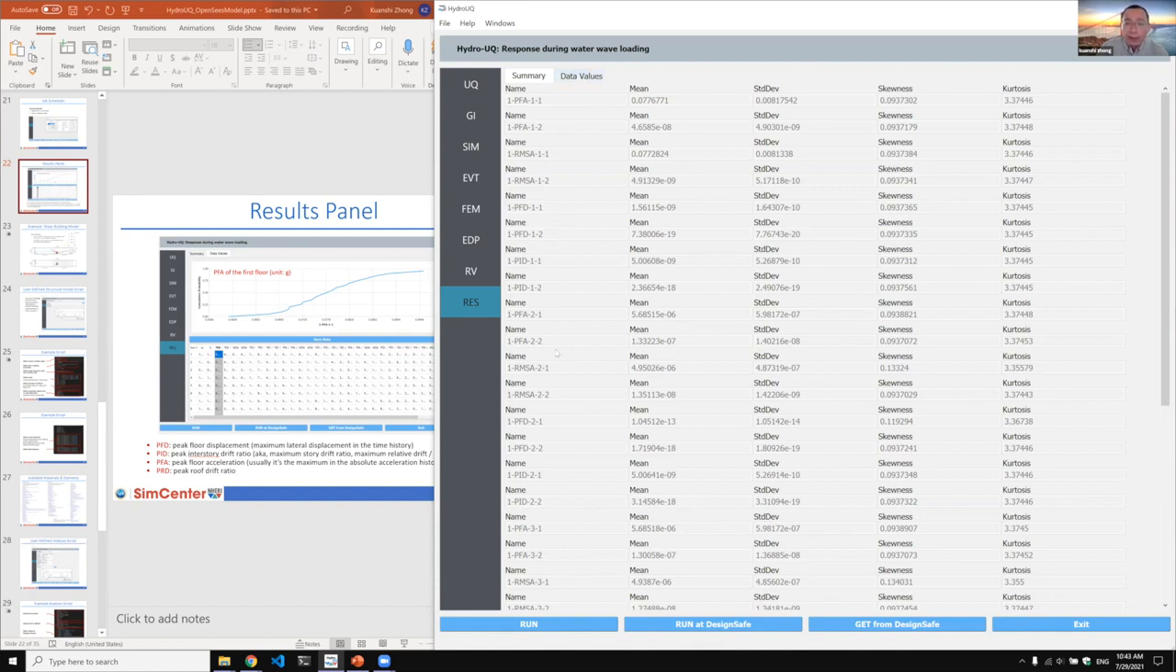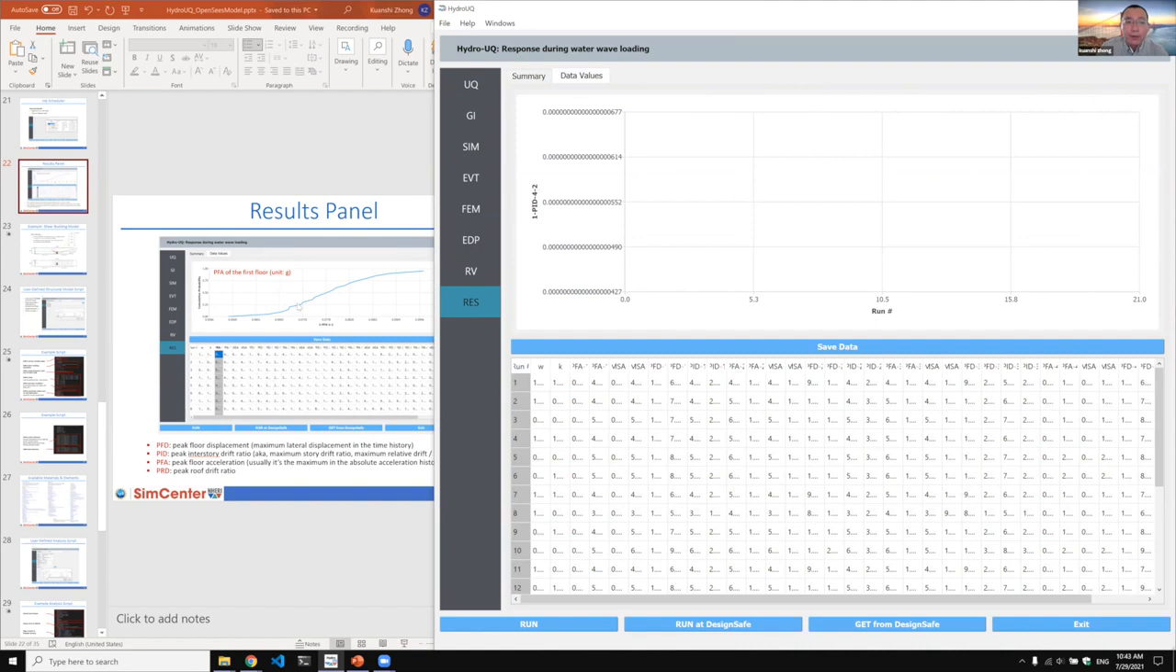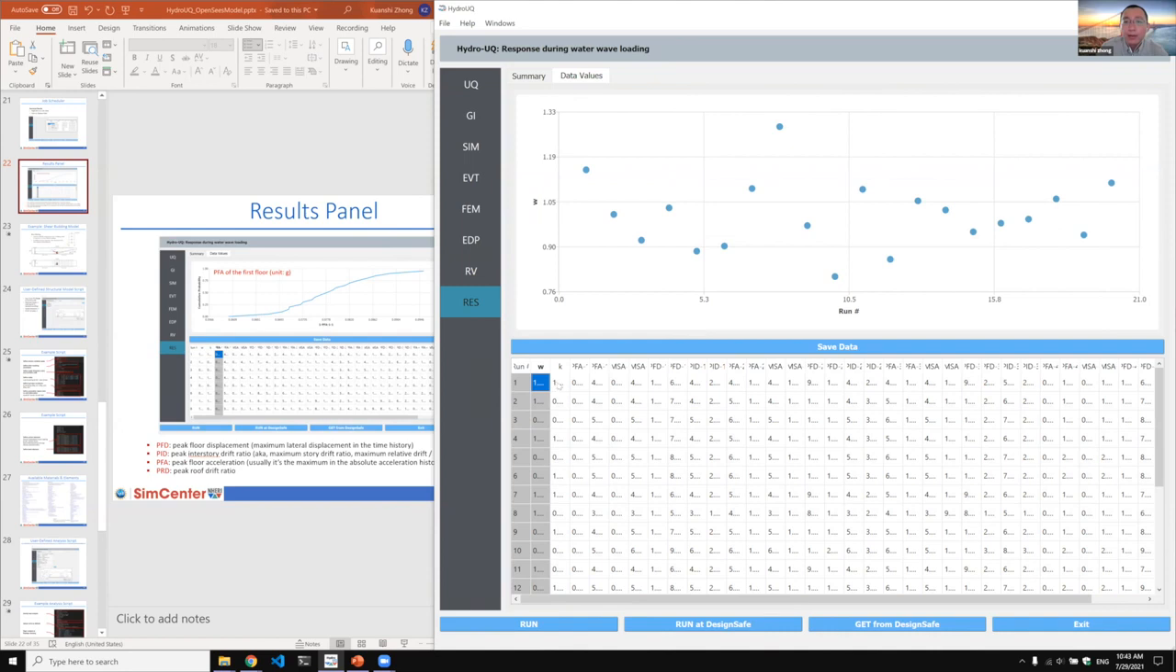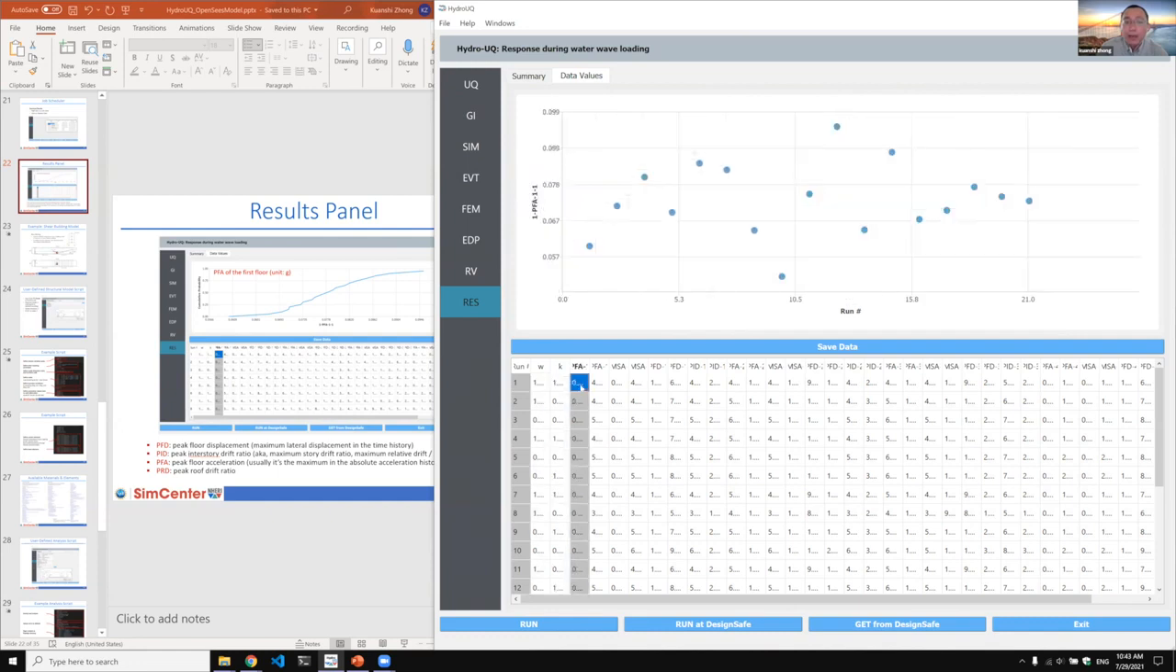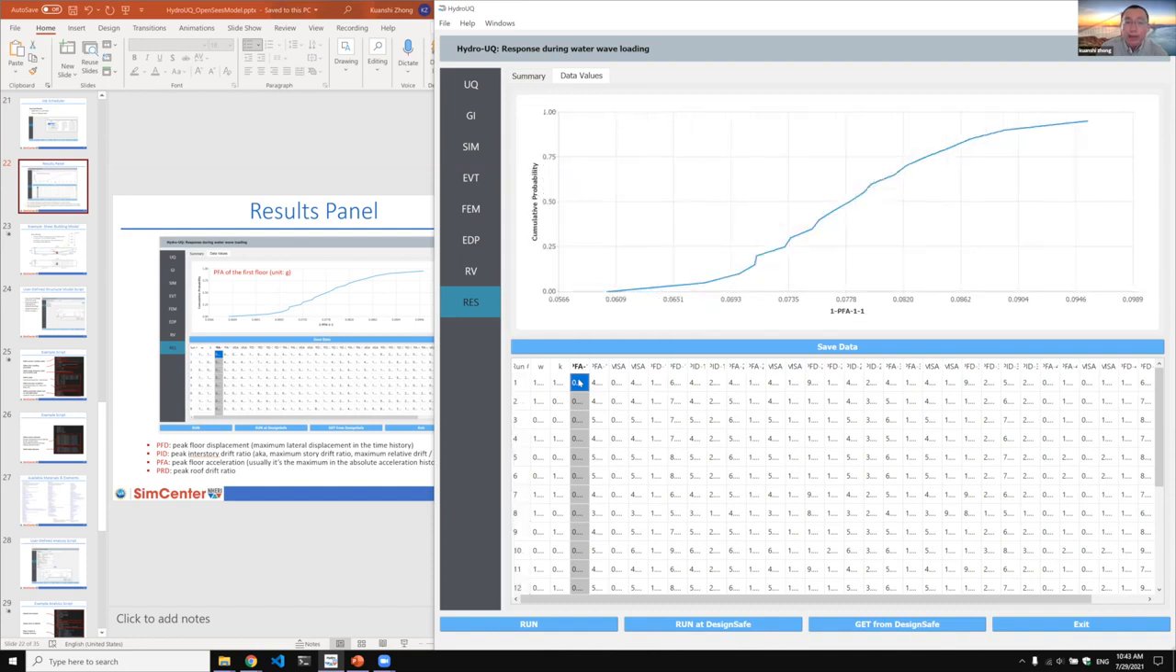And another tab here, aside from the summary table, is the data values, which is the previous page that I showed in the results in the slide. And then you can plot the input parameters as random variables we defined for the floor mass W and K, the story stiffness, and also click through the columns to get the response plot for each individual run. On each column, you can also right click to get the empirical CDF and to get the